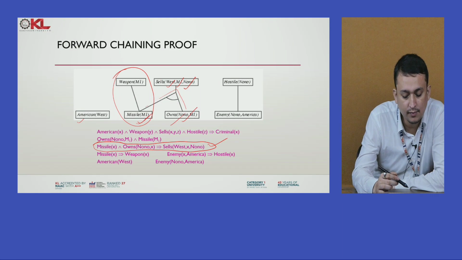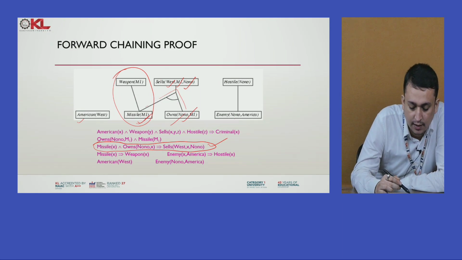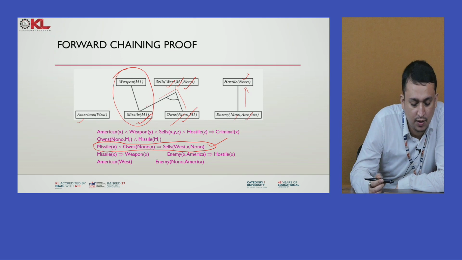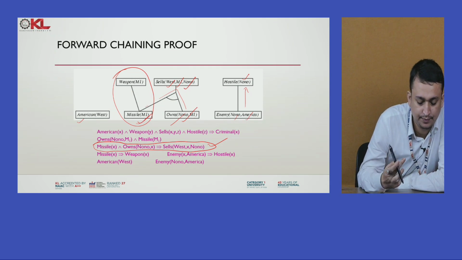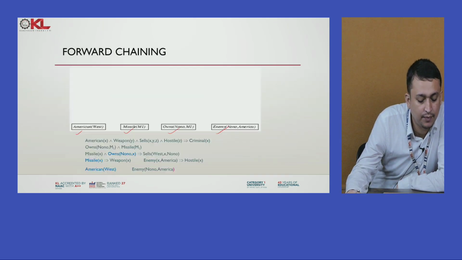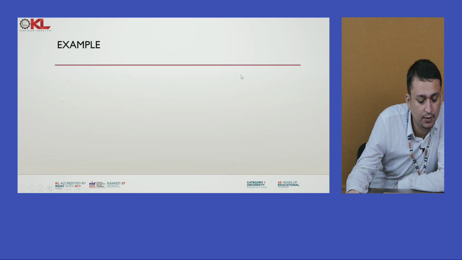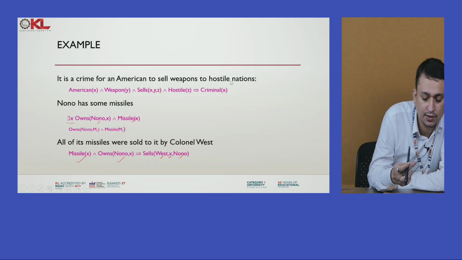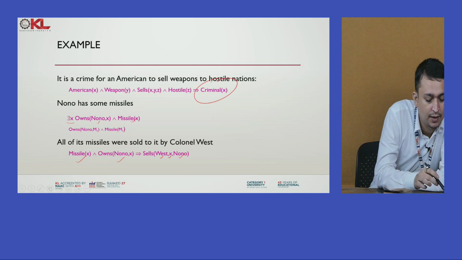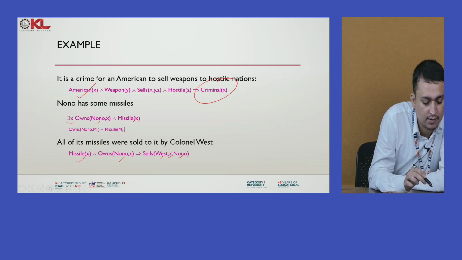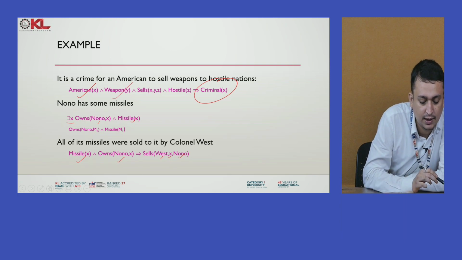Then, if no is an enemy country to America, then we can say that no is a hostile nation. Okay, in order to prove this, we have to show West is an American, missile is a weapon,